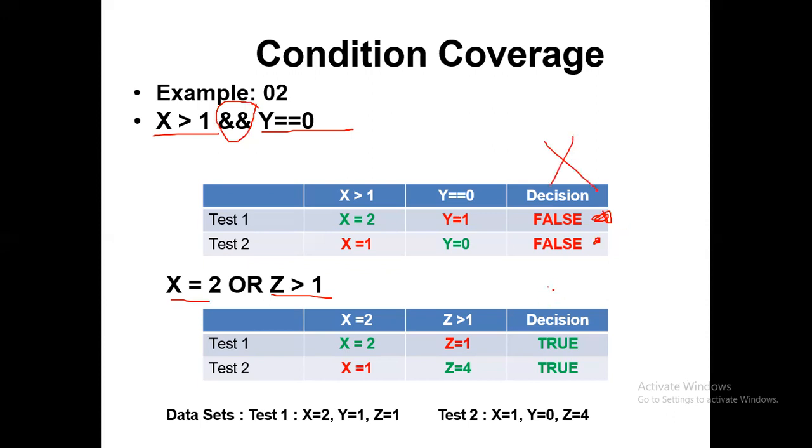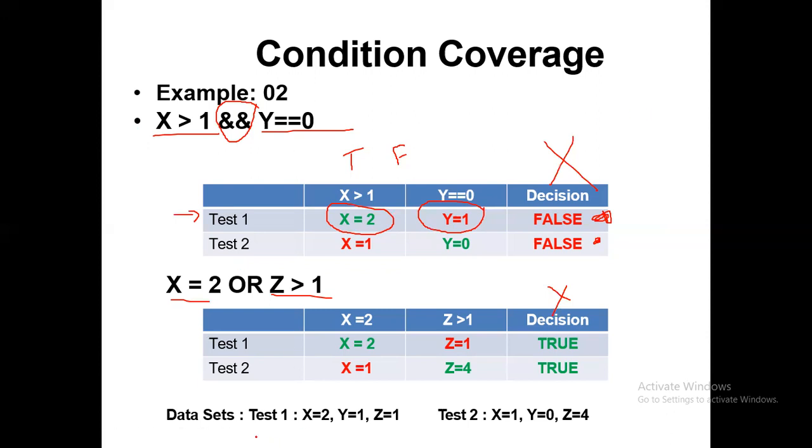But we do not consider the decision. We have to have both true and false conditions for each and every atomic condition of our main decision, right? So when it goes to test 1, we will go with x equals 2, y equals 1, and z won't matter, as this particular decision is not having any sets, right?